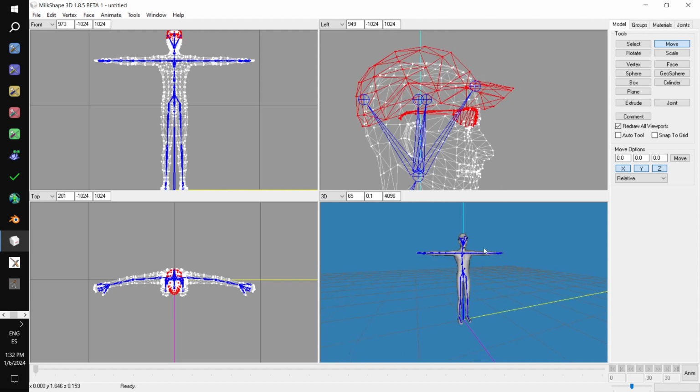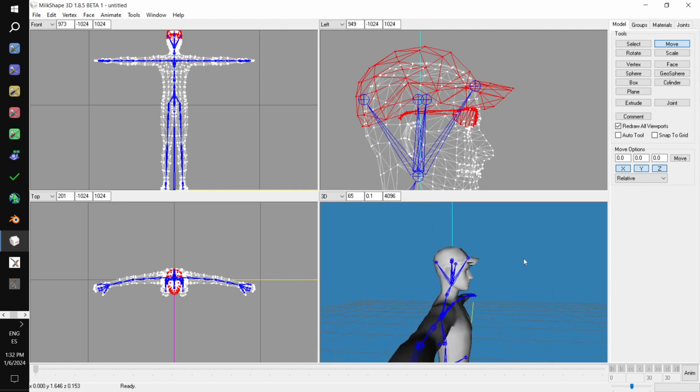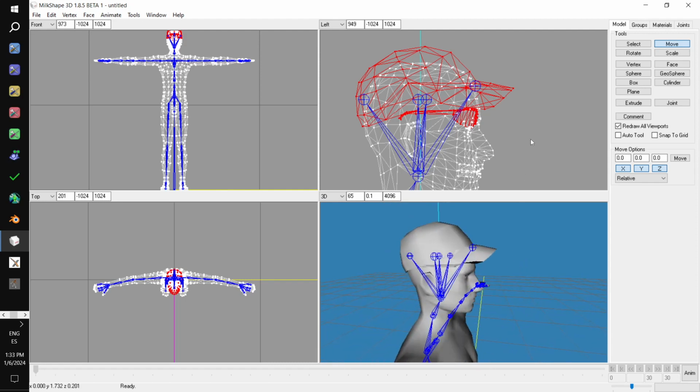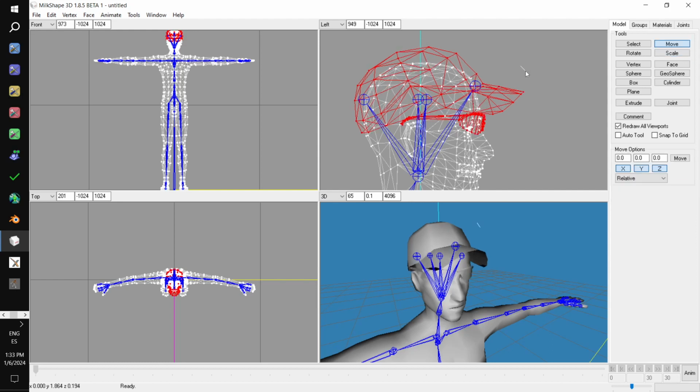If your sim is bald, it's not an issue. The hat fits really closely with the head. You might have to make separate meshes for male and female because their heads are in different positions. So in this case, maybe we need to scale it up. We'll just bump up the scale and now see the hat is sitting pretty close on the head where it